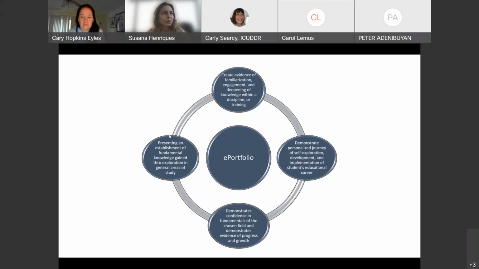Yes, so you mean presenting fundamental knowledge gained through exploration in general areas of study? Yes, please, can you shed light on that a little? Yes. So how